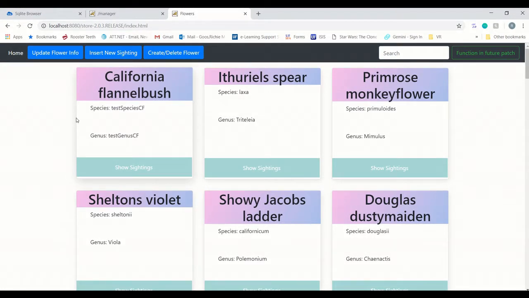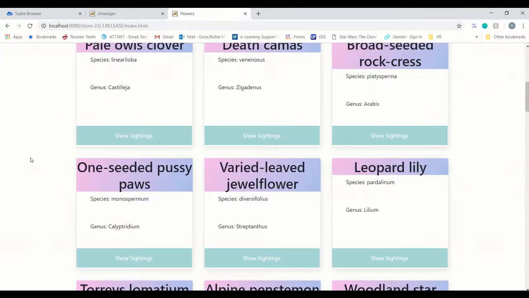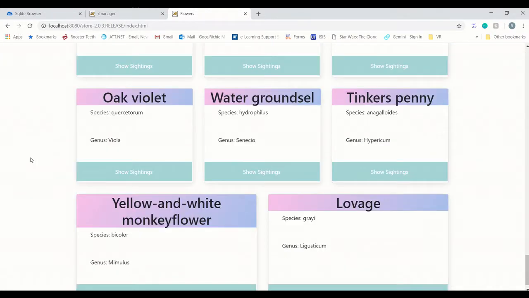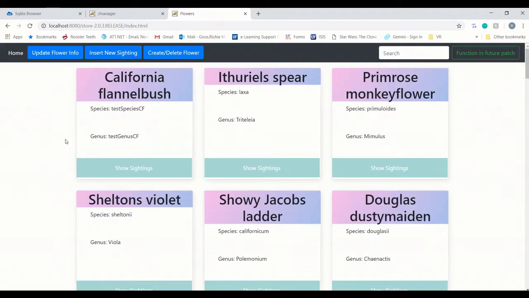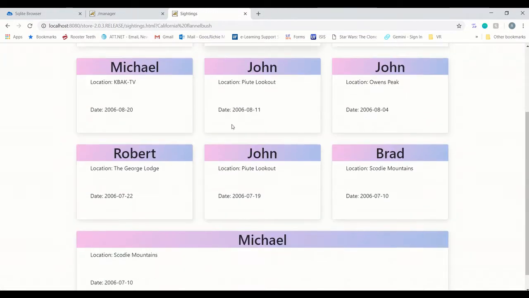So here's the demo for assignment 5 for databases. The first thing that we're going to show is the list of flowers. On here we have a list of all the flowers in the flowers database that a user can choose from. And if we click on one of them, you have these show sightings buttons, and you can see the